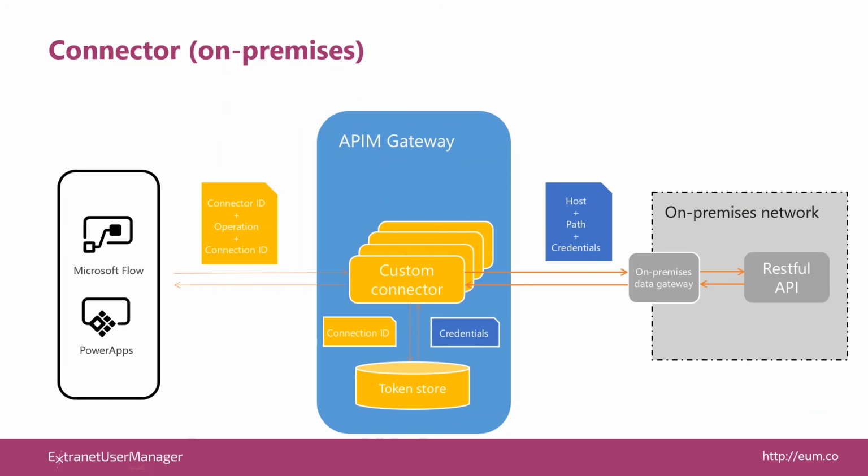So a lot of people worry, okay, if I want my on-premises infrastructure to be connected to the cloud, I need to publish that content up into the cloud, and there's all sorts of security concerns about that. How do we do that appropriately? And that's really what the on-premises data gateway is all about. Think of it as a reverse proxy. Basically, it's publishing an endpoint that the custom connectors can talk to, but it's installed on the